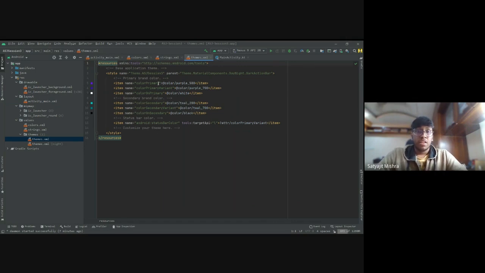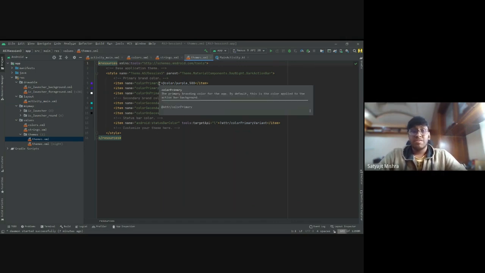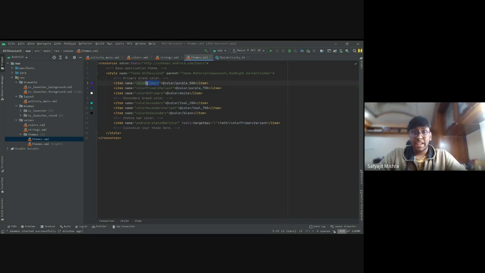Like in applications, we have something called the primary color and the secondary color and its accents. So this is how you do it. Like for me, my application's primary color is purple 500. This purple 500 again doesn't use the actual value. I can if I want, but